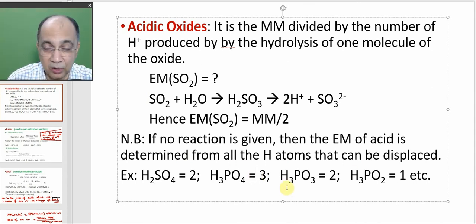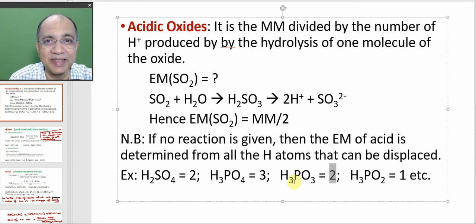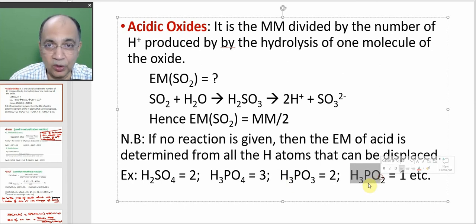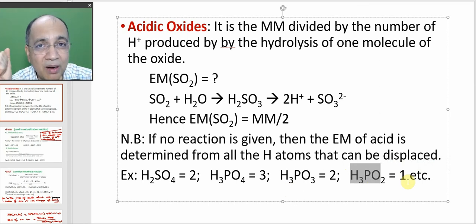This is orthophosphorus acid, or simply phosphorus acid. It is 2. You will later know in the chemical bond program that H3PO3 is not a tribasic acid, it is a dibasic acid, because one hydrogen atom is directly bonded to the phosphorus atom, so that will not be dissociated, right? Similarly, hypophosphorus acid, although it looks like a tribasic acid, is a monobasic acid because 2 hydrogen atoms are directly bonded to the central atom phosphorus.